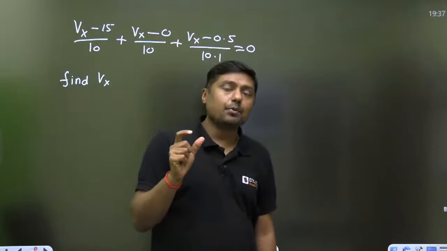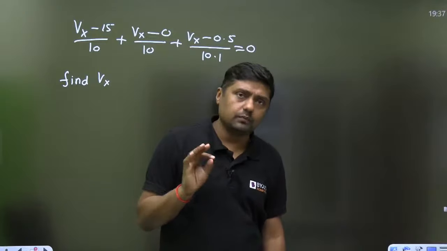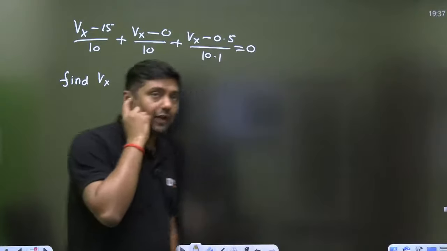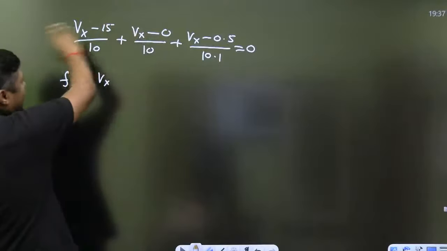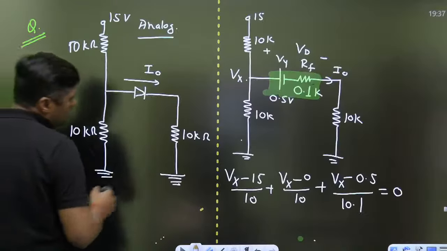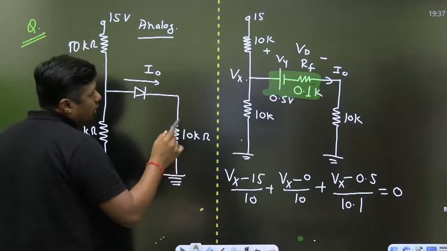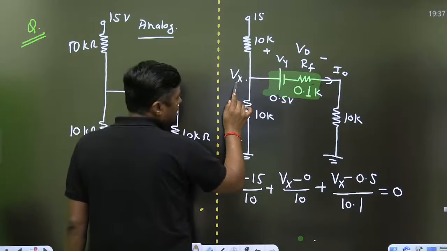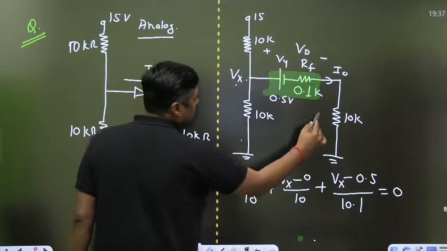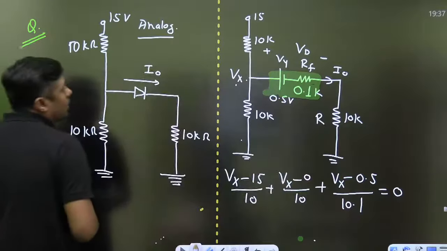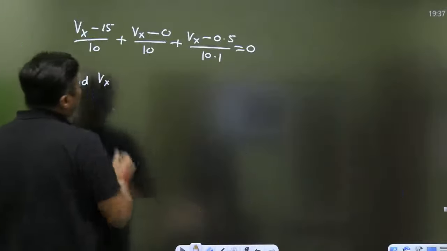You will get the approximate value of that. Okay, no problem. But if you are considering the 10.1, then you are going to get the exact value of Vx. Once you get the Vx, then what is the I naught? Vx minus V gamma upon what? Rf plus R. So the I naught will become